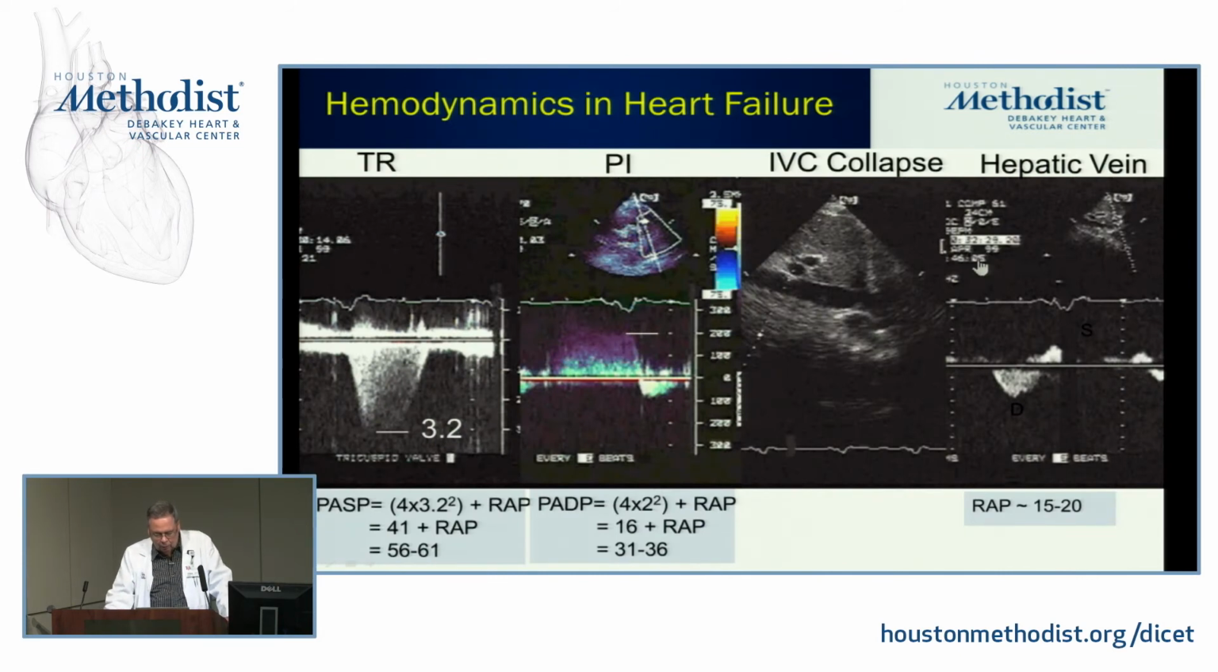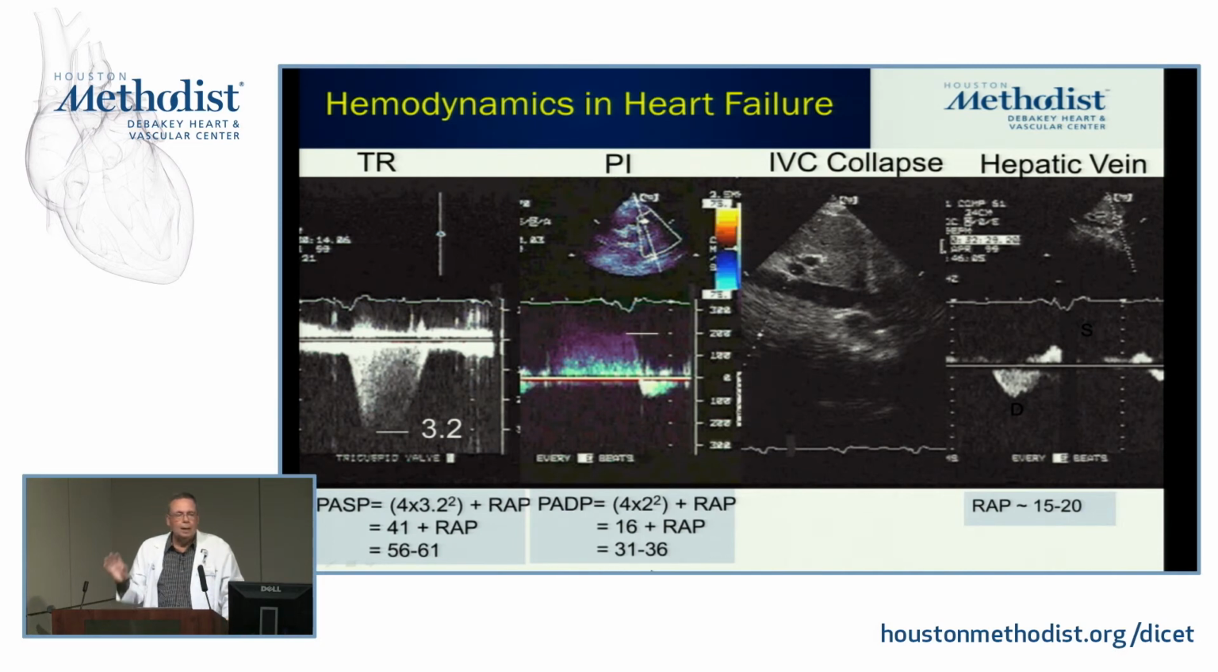And this is a case where we got everything. So you see a patient that has heart failure with a low EF, 3.2 velocity, so that gives you a gradient of 41. Now we need to add the RAP, in which case this patient had poor collapse and had this type of velocities. We're going to show you that later. So we go with 15 to 20, so we end up with 56 to 61. PA diastolic, same thing, 2 meters, so 16 plus, and we end up with the same thing,